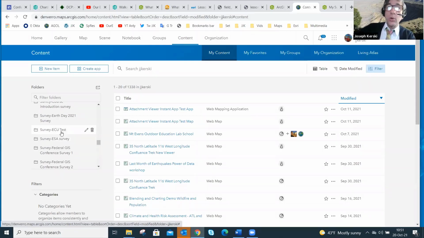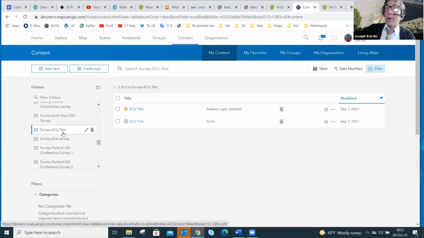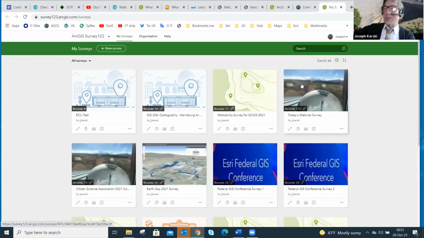So you can actually go to this survey where I've got a form, a survey that I've created, and a feature layer that I've created from the data I put in my Survey123. That's another way to navigate to the same content. It looks a little prettier though in this kind of format. And indeed in here, you can edit and design and do some things we're going to go to in the next 3 hours. Just kidding, we don't have 3 hours.